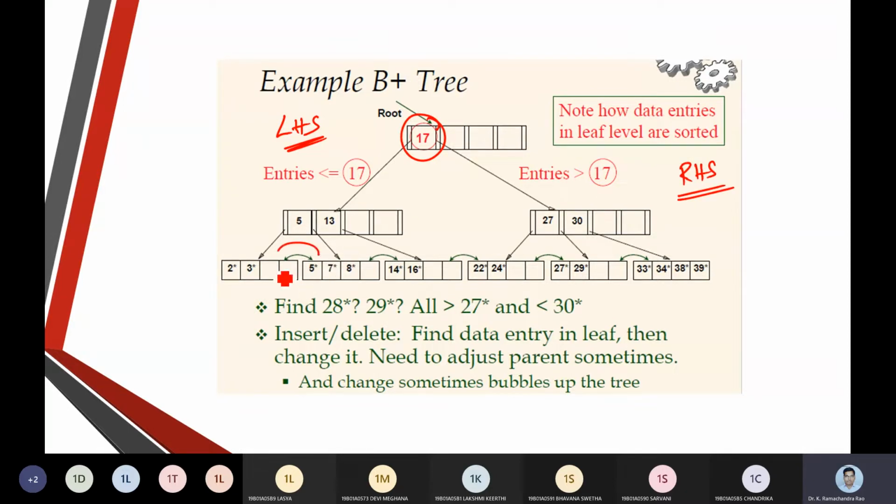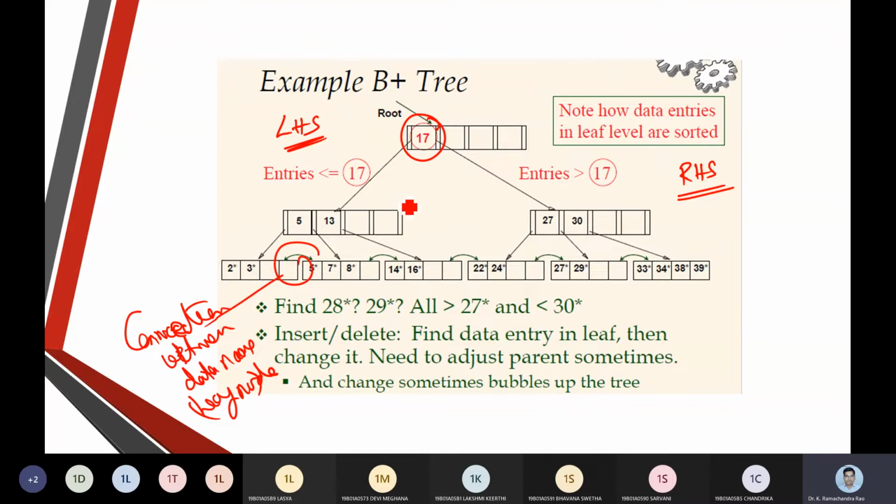And you can see there is a connection between data nodes, and that is nothing but at the leaf node. So there are connections at the leaf node, or we can say at the data node. That is the first and foremost item we are going to discuss.